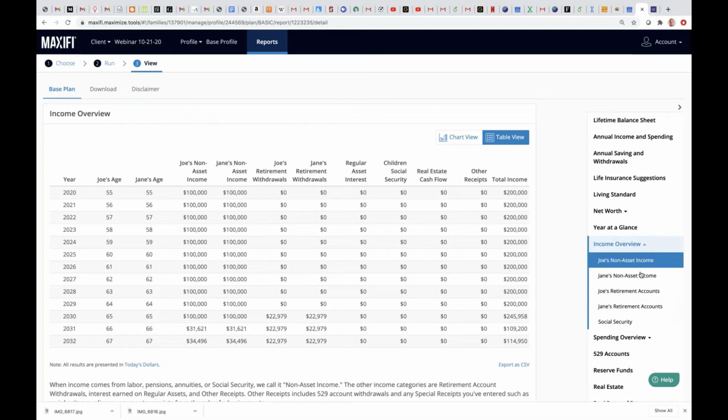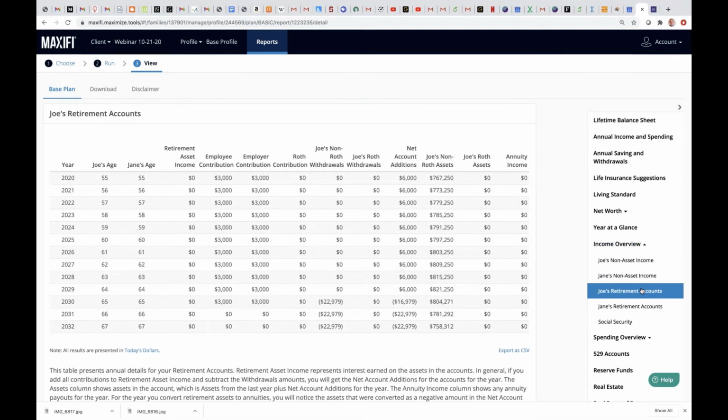You look, under, this might not be the best title, but anyway, you look under retirement accounts, and you see Roth contributions, Roth withdrawals, non-Roth withdrawals, Roth assets, non-Roth assets. It's all right here in this retirement account report. And in this case, they don't have any Roth money. So go ahead, Alex.